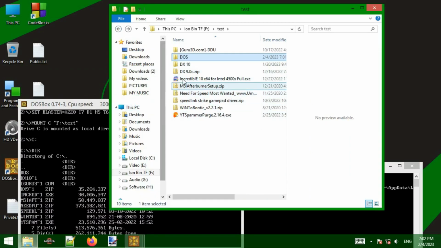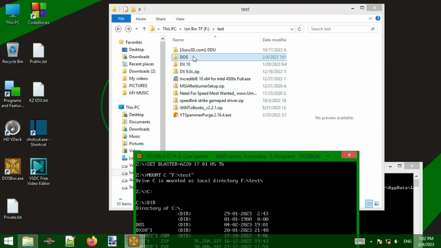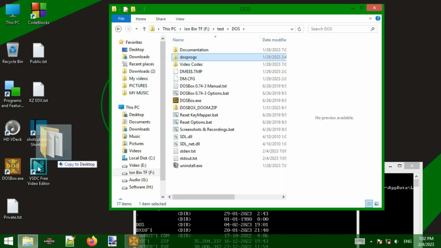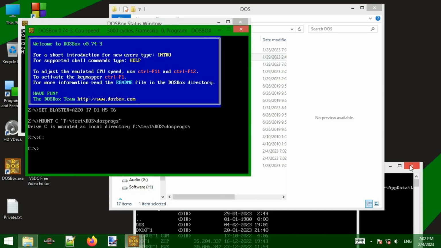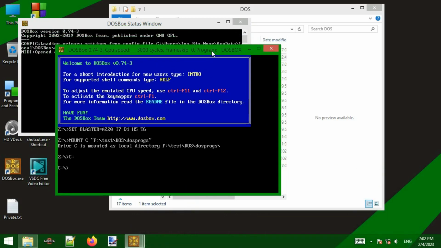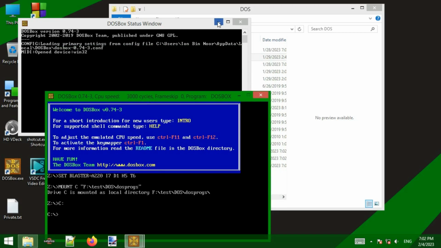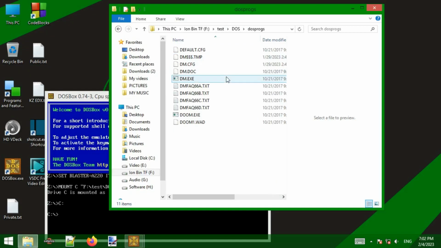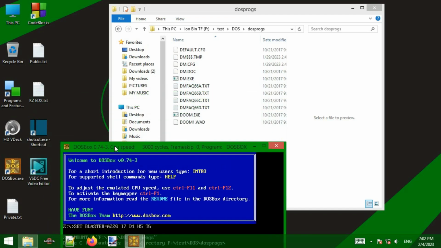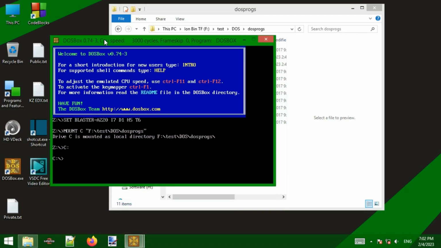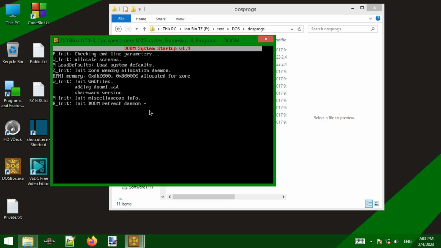Okay, so let me mount another one, which is DOS prologues. Well, it just opened another window, so I don't need it. Okay, so I mounted this now. As far as I think, it's Doom exe. Let's try exe. It should run,